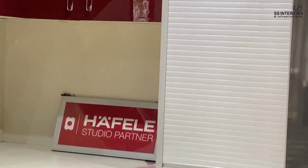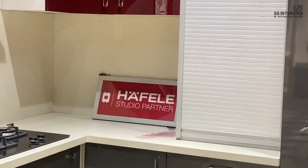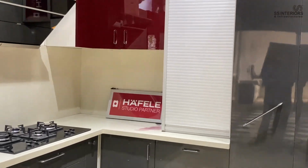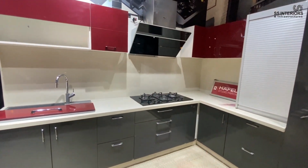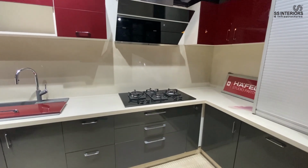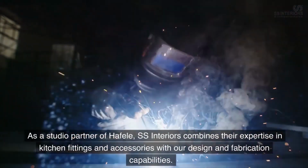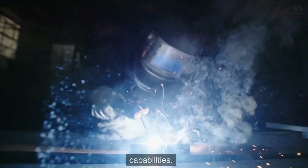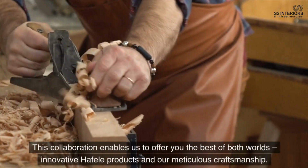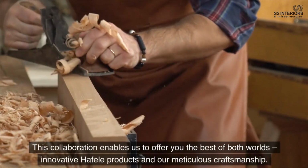SS Interiors takes great pride in being a trusted studio partner of Hafele, a renowned name in the industry. This partnership allows us to bring you exceptional design and fabrication services for your kitchens and wardrobes. As a studio partner of Hafele, SS Interiors combines their expertise in kitchen fittings and accessories with our design and fabrication capabilities. This collaboration enables us to offer you the best of both worlds, innovative Hafele products and our meticulous